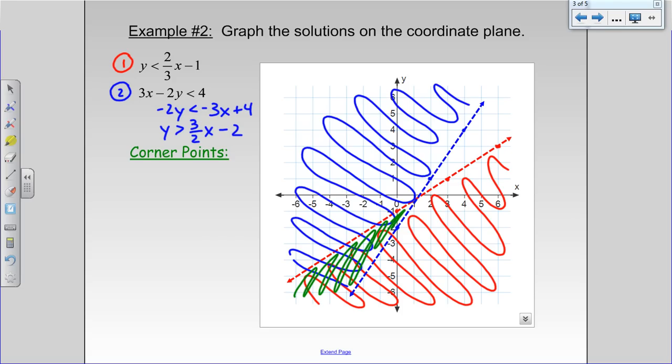Once again, our corner point would be indicated with an open circle because it is not a solution of the system. And to find the coordinates of the corner points, we can solve the system of the boundary line equations. In this case, y equals 2/3 x minus 1 and y equals 3 over 2 x minus 2. Using the substitution method,